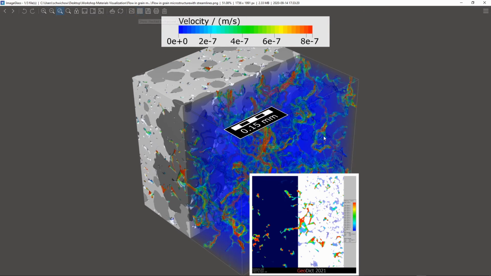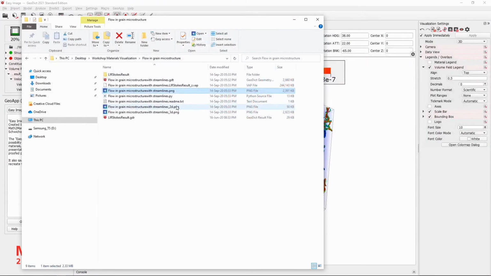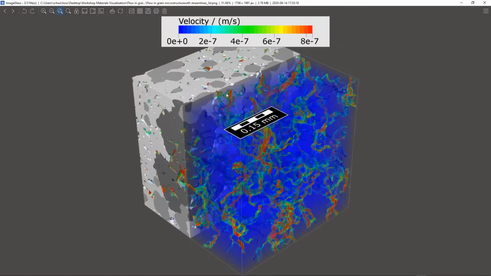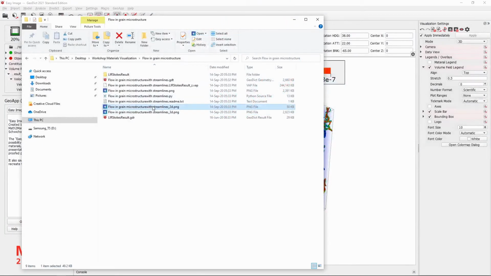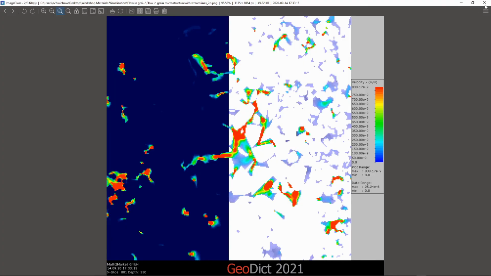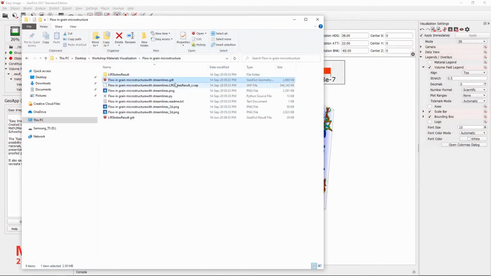On the one hand we have our microstructure with volume field and fine streamlines here, and there the 2D representation down here. We close the image and see that we have saved the 2D and 3D image separately here and here. In addition, the structure here, the flow field here, and the .gdr here with its result folder here we saved.